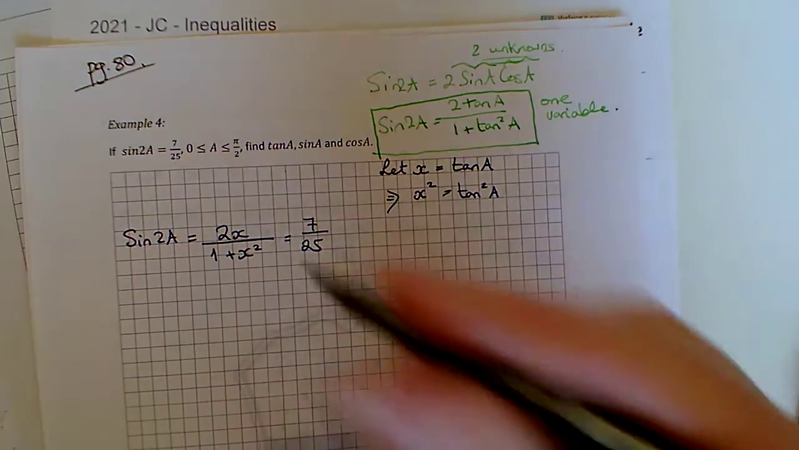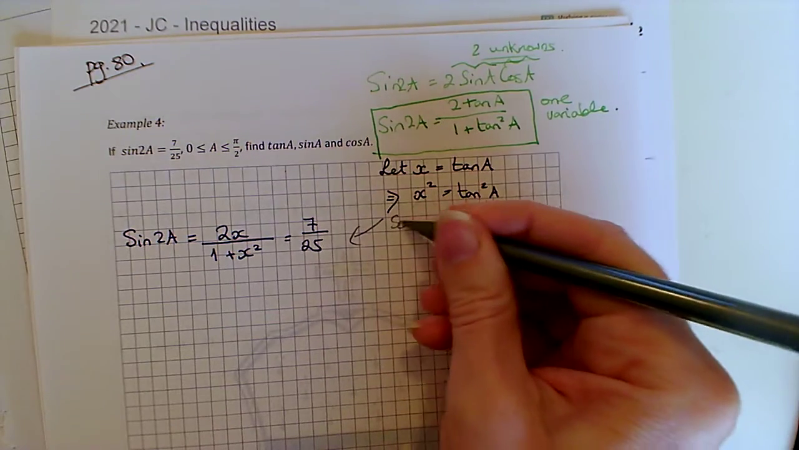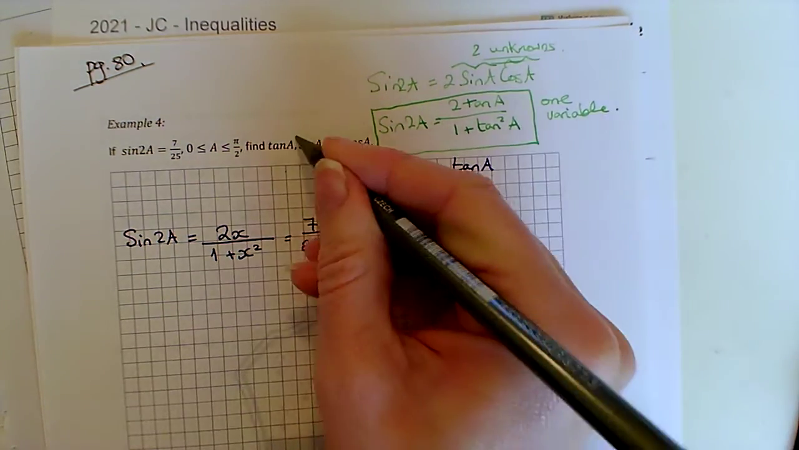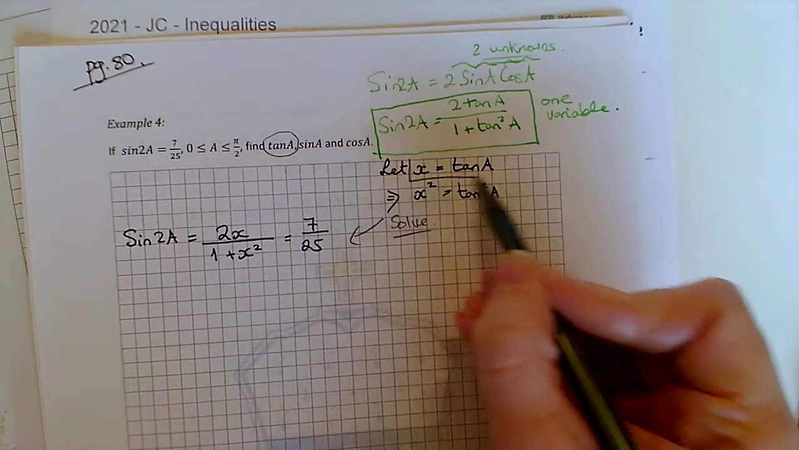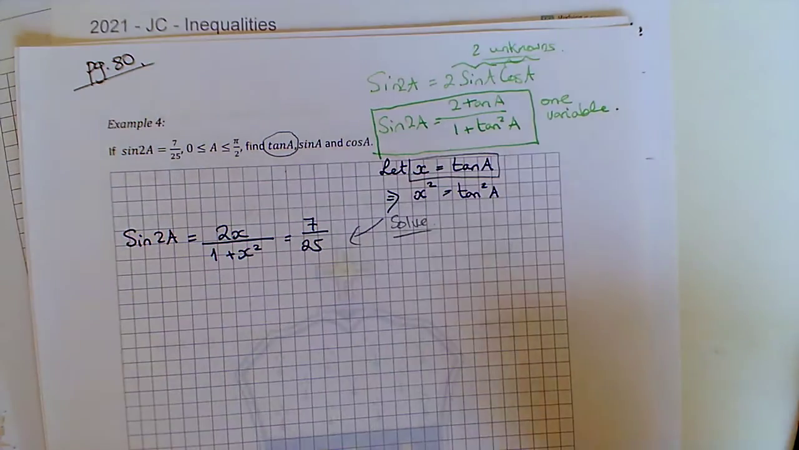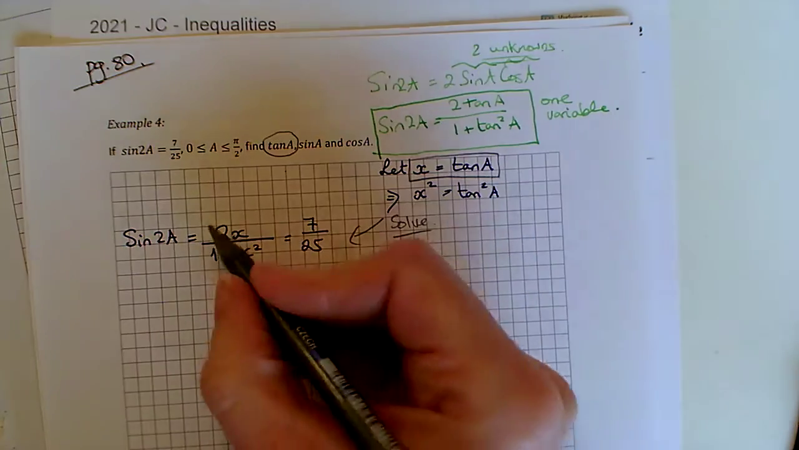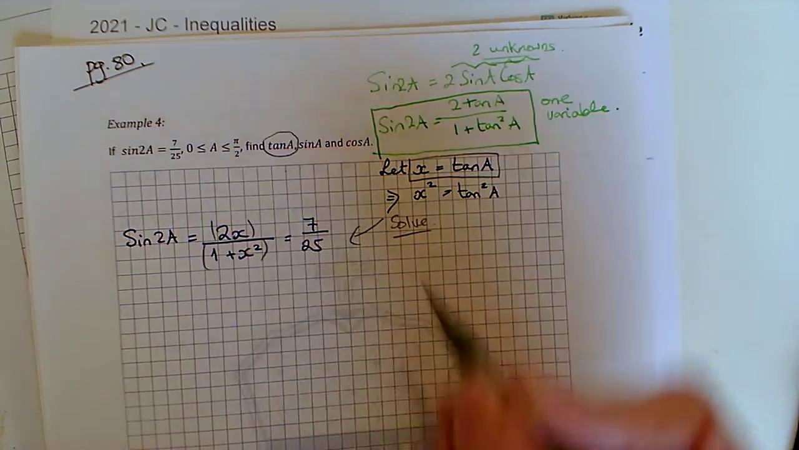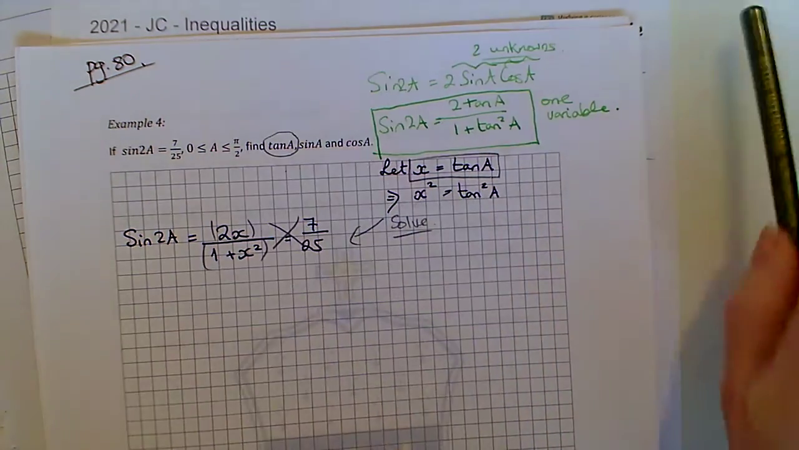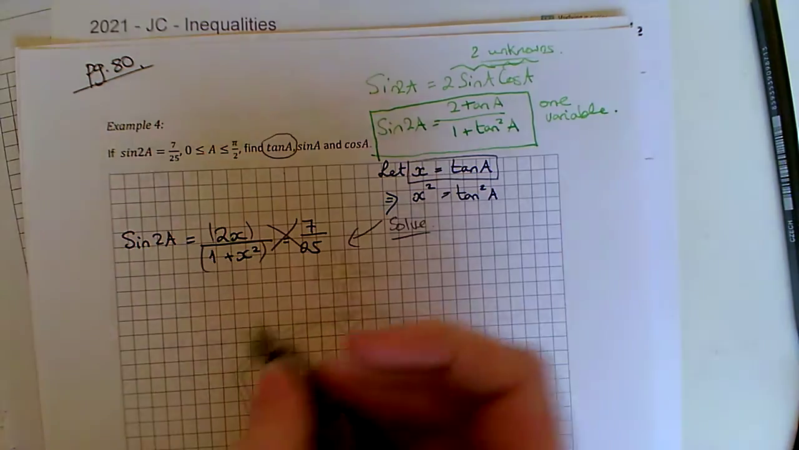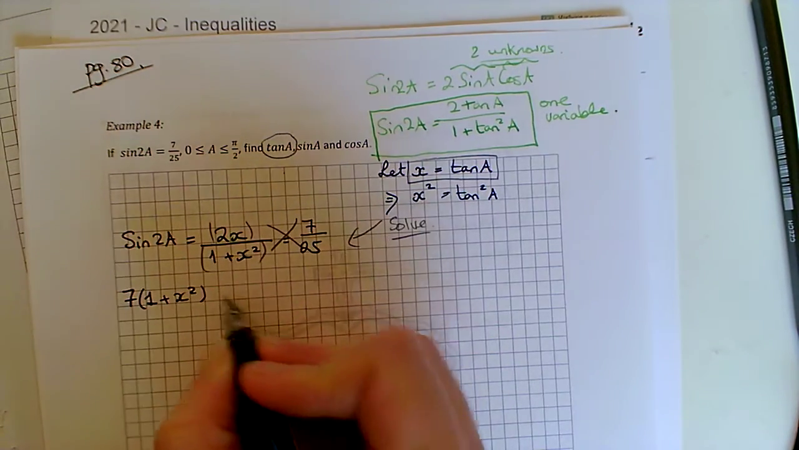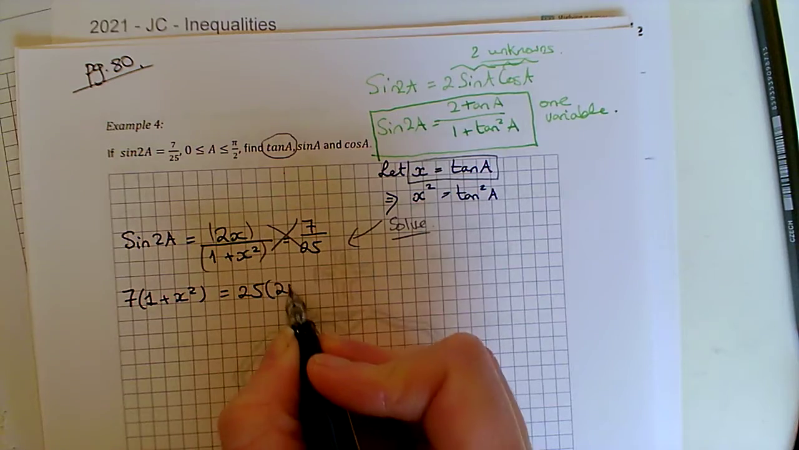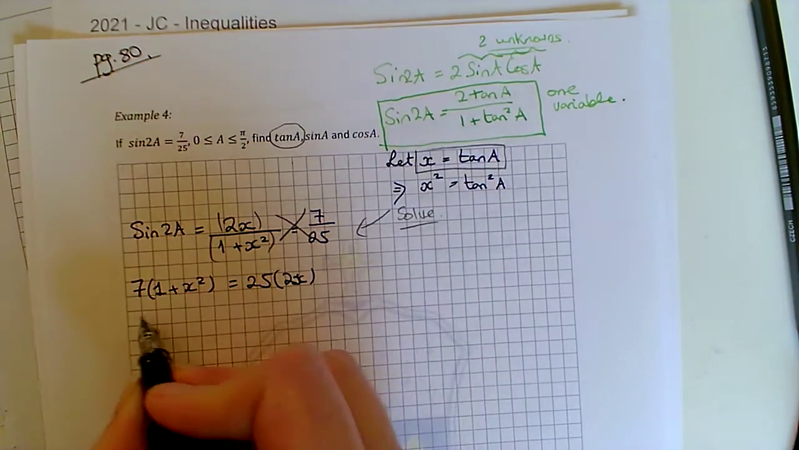And now I can solve this. And when I've solved this, I will have tan of the angle because x is tan of a. So once I find x, I'll have tan of a. This is two fractions either side of an equals, so I can cross multiply. That gives me 7 bracket 1 plus x squared equal to 25 by 2x. I multiply out my brackets,